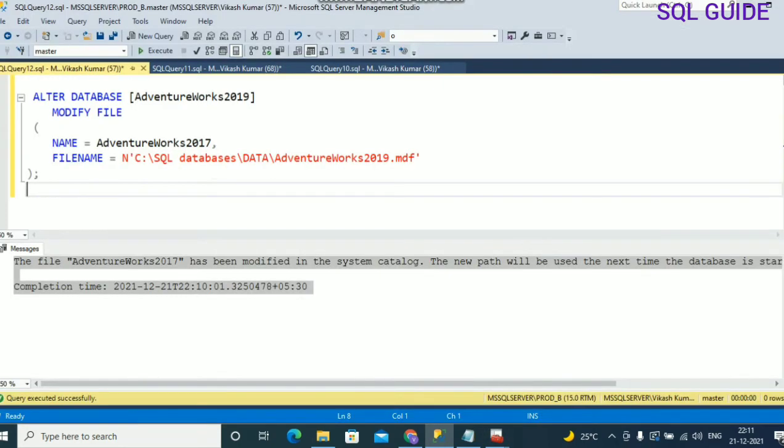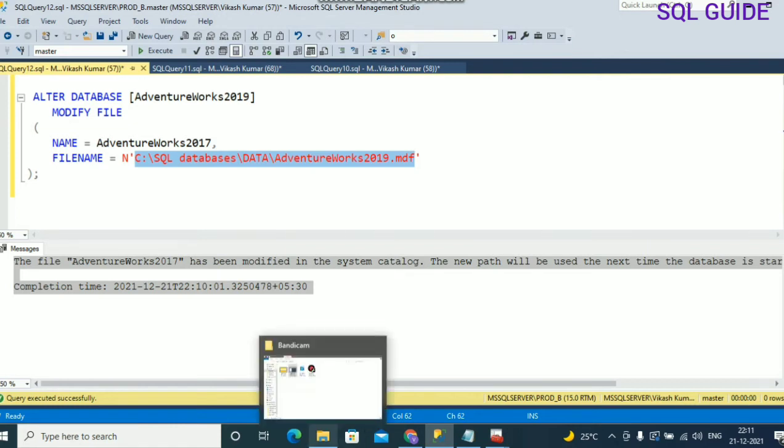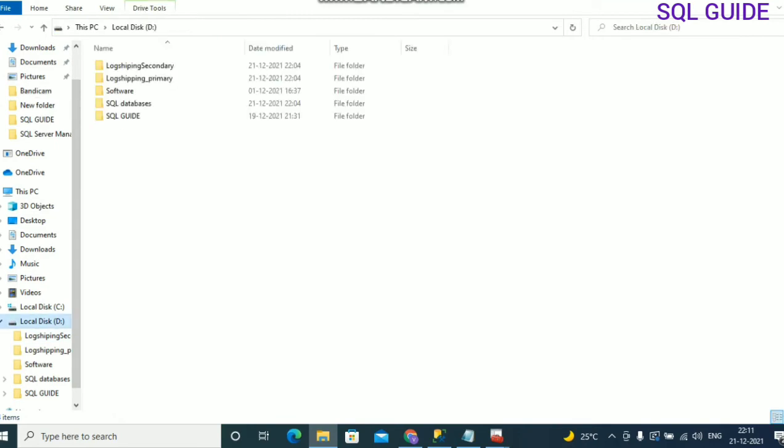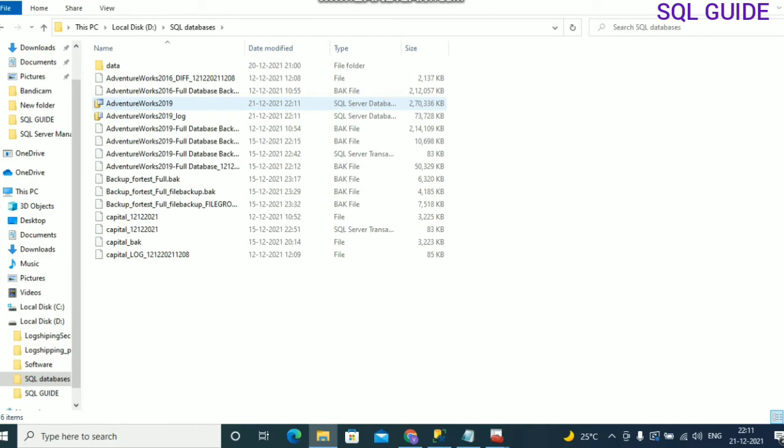Now go and move the file from the D drive to the new location on the C drive. Let's connect to the prod_b log shipping secondary instance and go to D drive, SQL database, and AdventureWorks 2019.